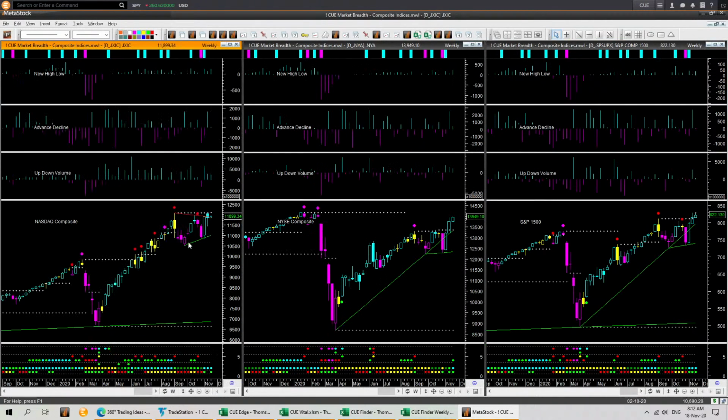Let's look at the market breadth using Nasdaq composite, NYSE composite, and also look at S&P 1500. S&P 1500 is important for us because Q edge is also based on S&P 1500. We see that Nasdaq composite is right at trendline resistance. NYSE composite index is more bullish, approaching the